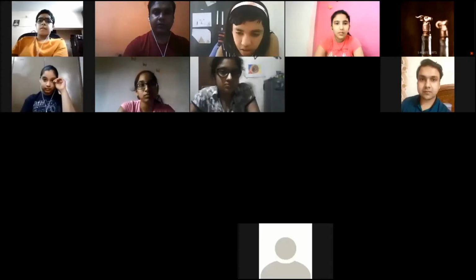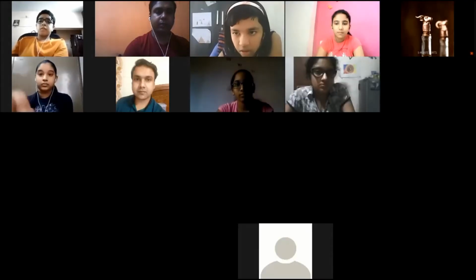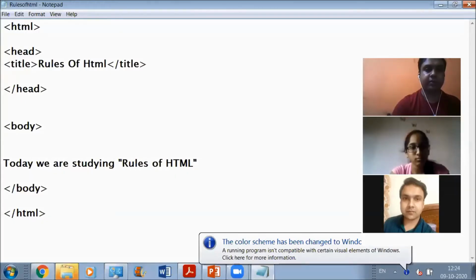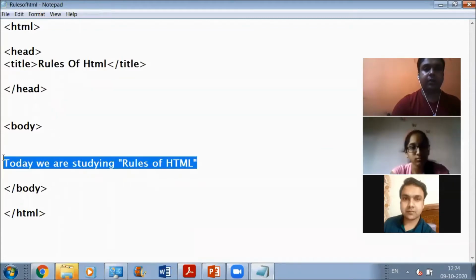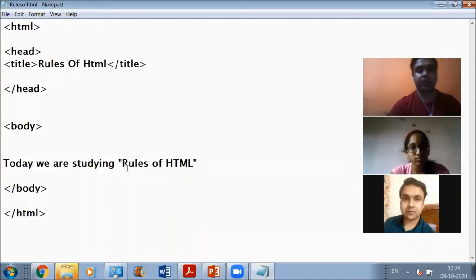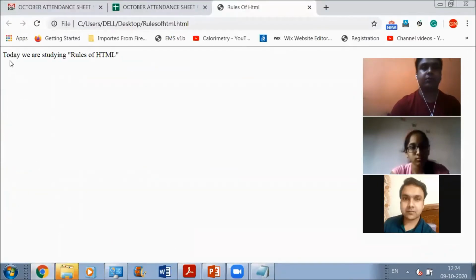I think now everyone will be able to see what I have written on the notepad. So this is a line, this is a text that I have written here on this notepad file. Today we are studying rules of HTML. Let's save the changes and see what we are going to get as an output on this web page. So this is what you're going to get as an output.